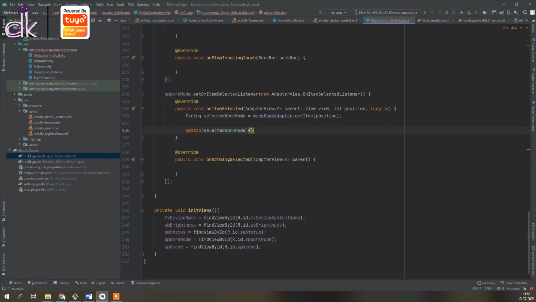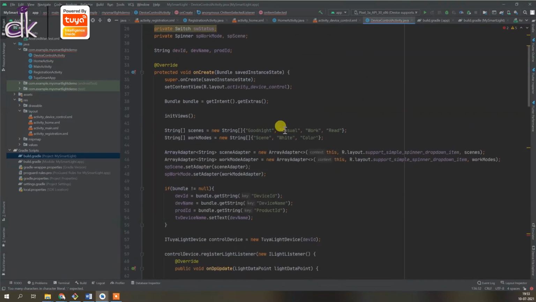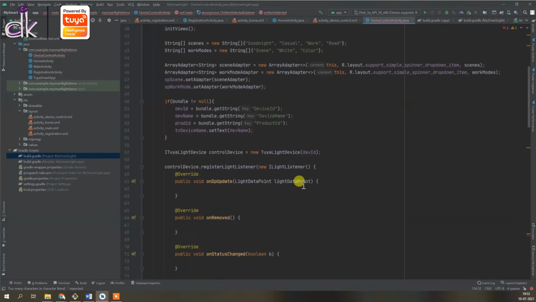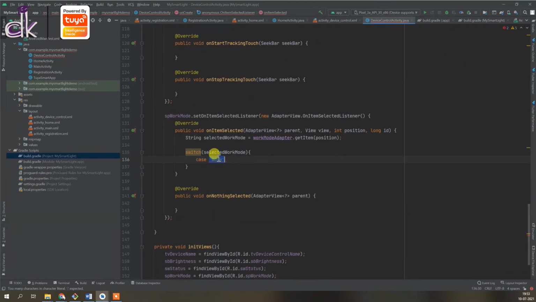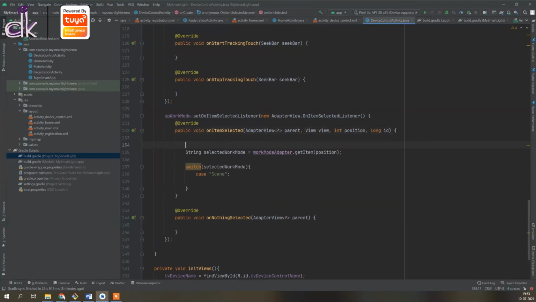So we use a simple switch case, because if it is good night, actually not good night, it's work, let me see what it is, work modes are scene, white and color. So in case you get scene, then we need to actually create the work mode.